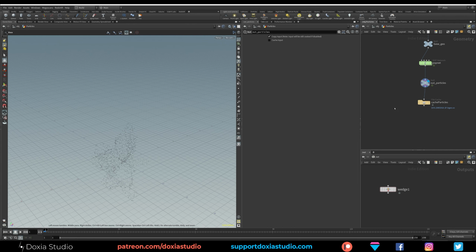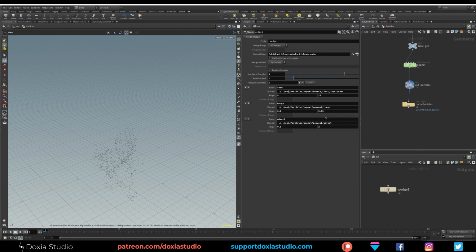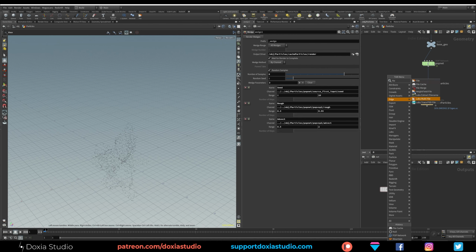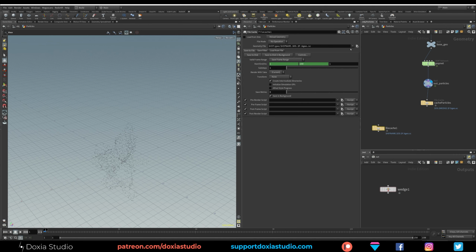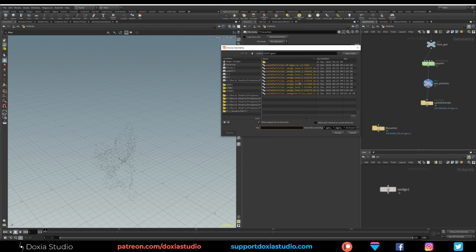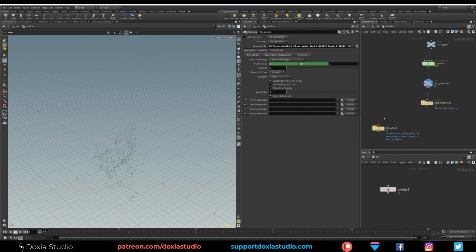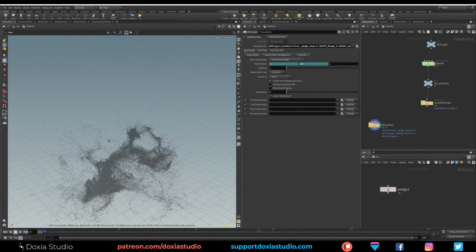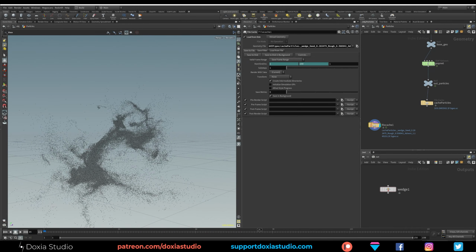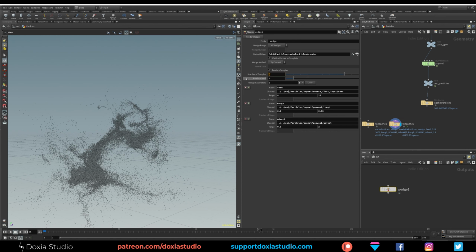Now we need to pick up those 8 file caches that we just created. Let's go here and press Tab, File Cache. If we go here, we can see that we have all the files. Let's pick our first one. Let's go load from disk, and if I go here, you can see that I have the system. Pretty cool. Now I need to do this 8 times because we ran this 8 times.